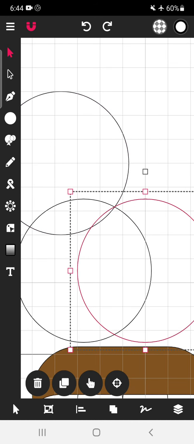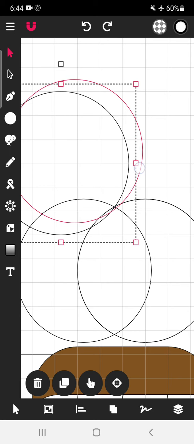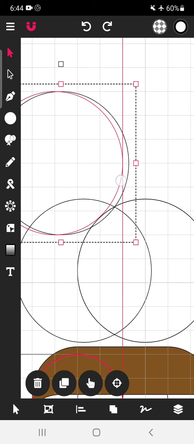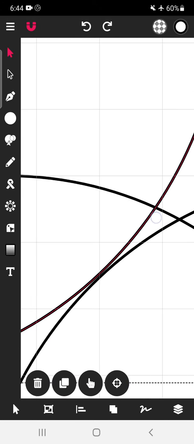So we are thinking of going like this, like this, like this. We want to form a curve line. It should be overlapping each other.